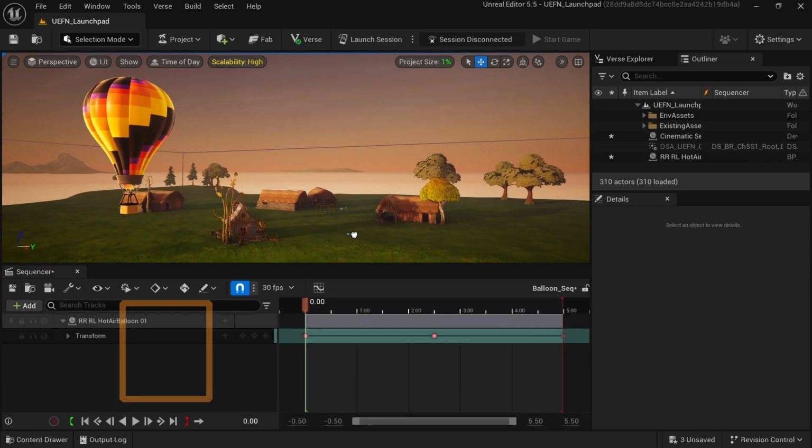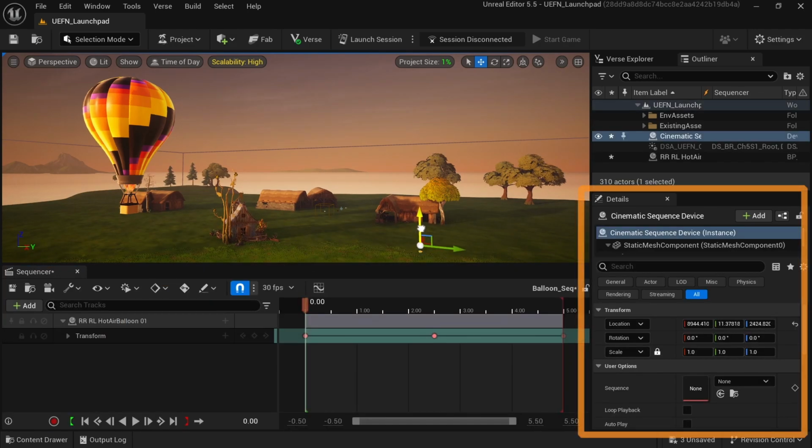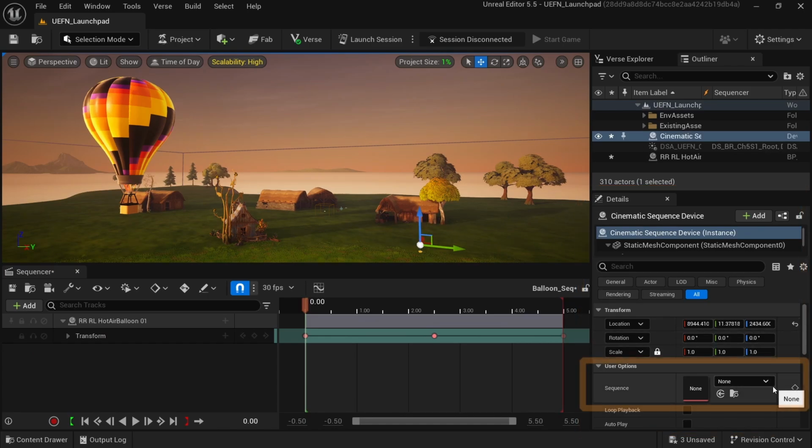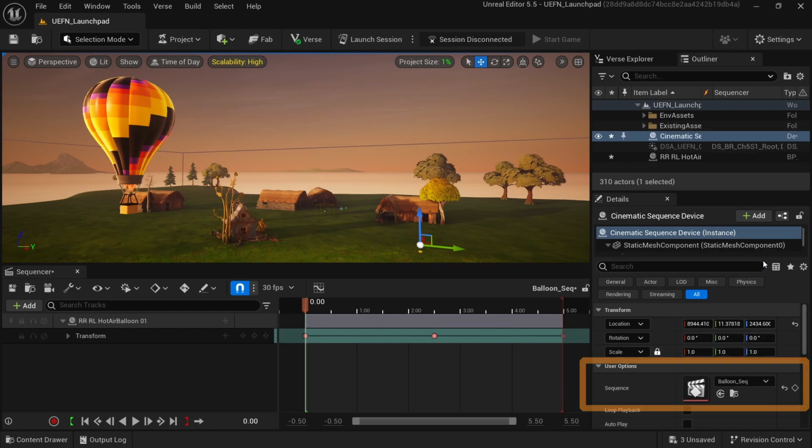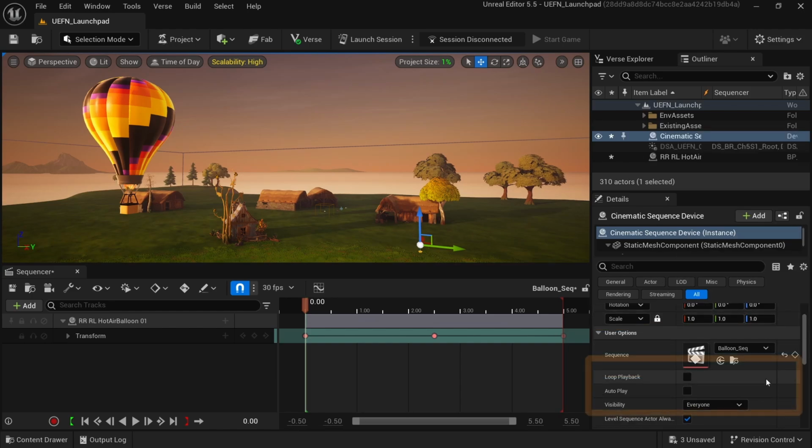Select the cinematic sequencer device on your island and head to the details panel. Use the sequence drop-down and select the sequence you created earlier. You can check the loop playback setting if you want your animation to play non-stop in the game instead of